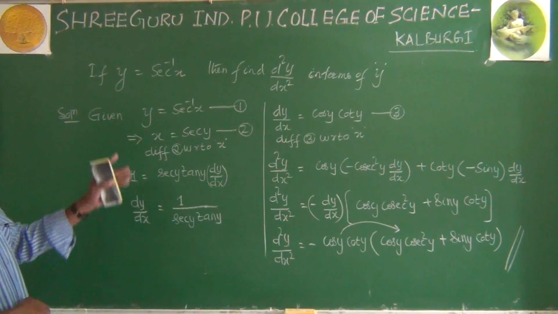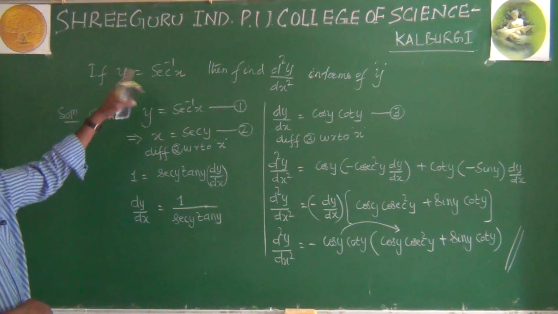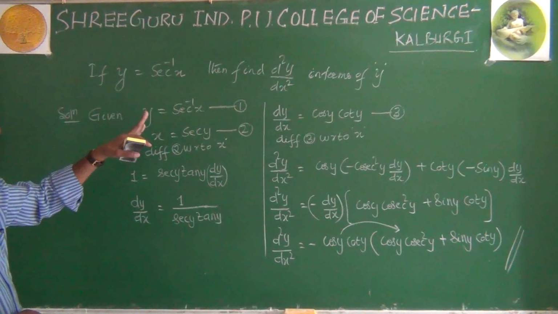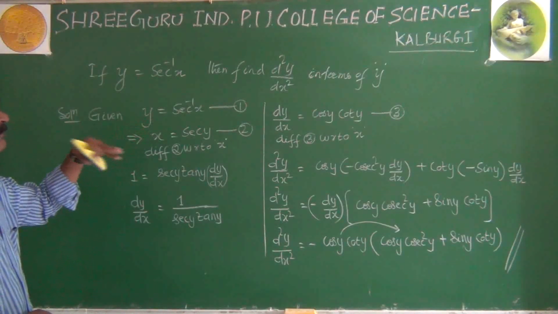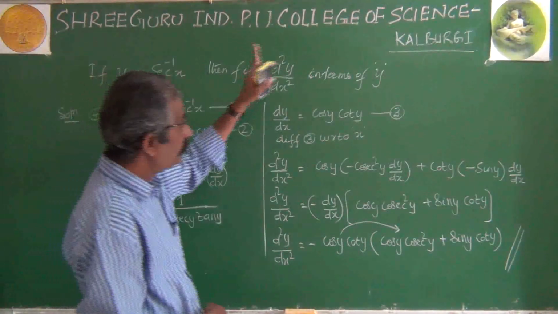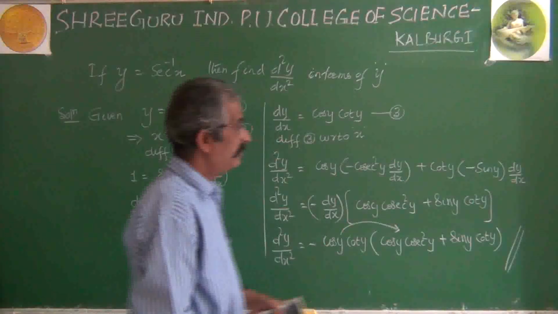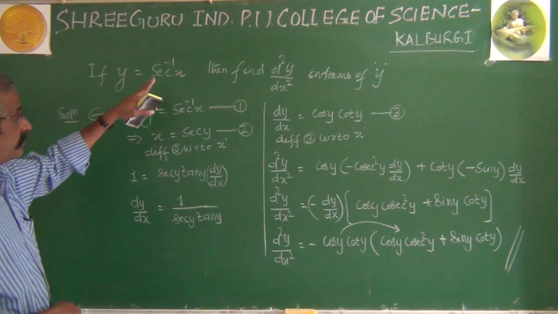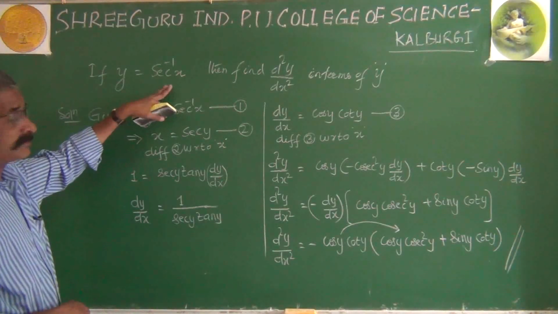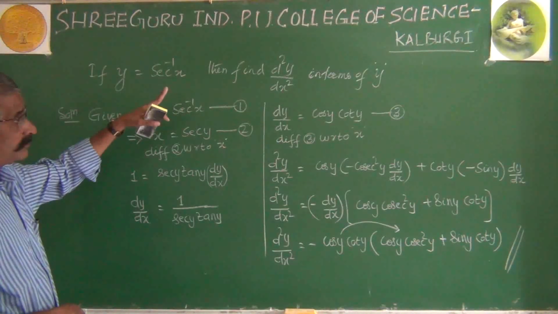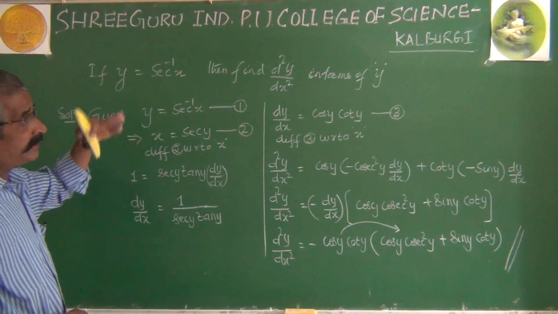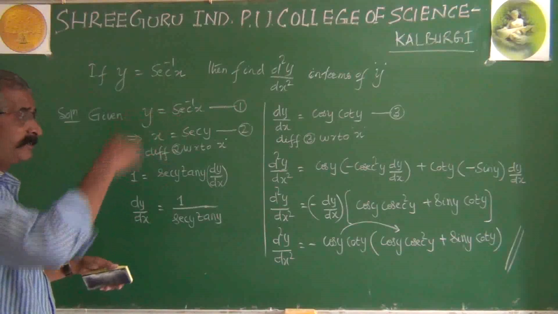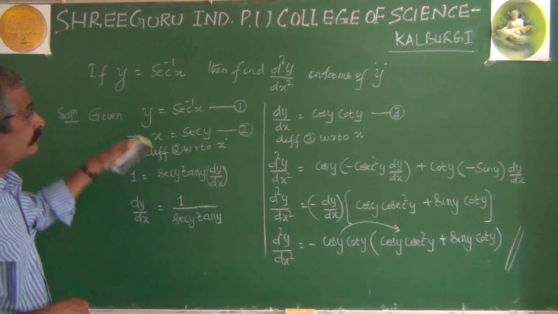Like this, you can try yourself for questions like if y equals sin inverse x, y equals tan inverse x, y equals cot inverse x, etc. Put yourself a question and try to get y2 only in terms of y. It's a good exercise for people at home. Remaining ones are sin inverse x, cot inverse x, tan inverse x, cosec inverse x. You put them yourself and you get y2 only in the format of y. But the procedure is the same, as in these two problems.